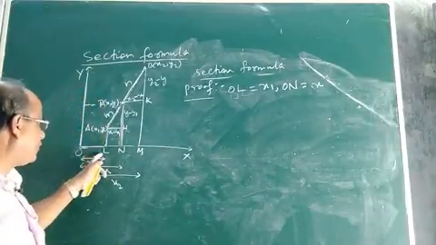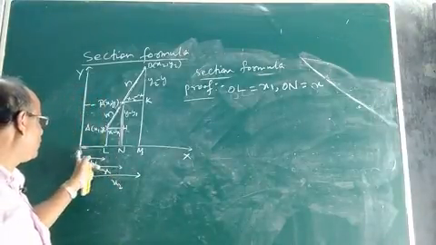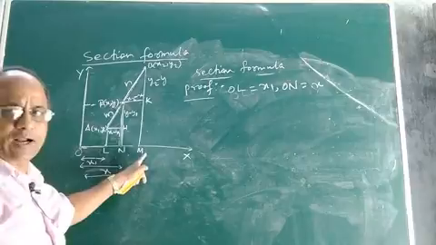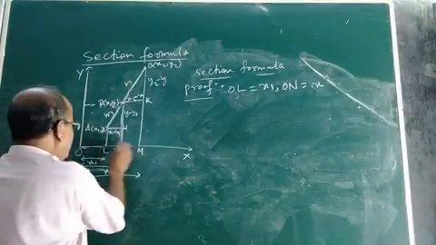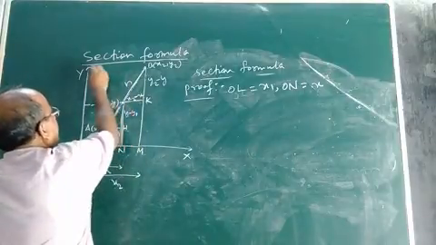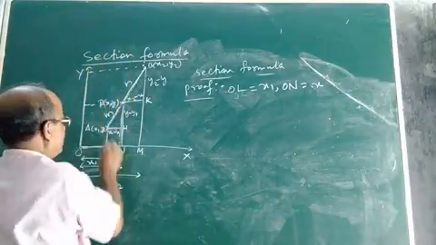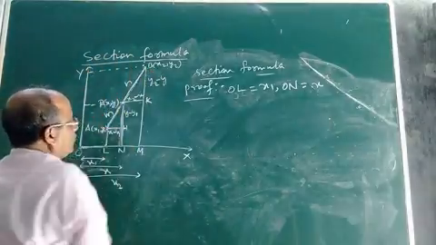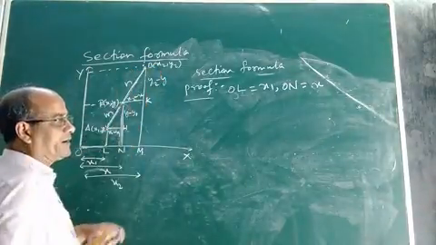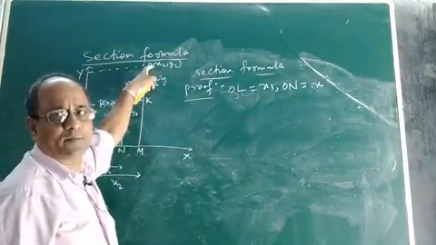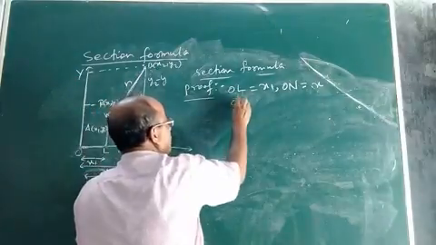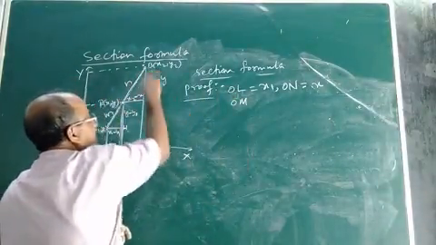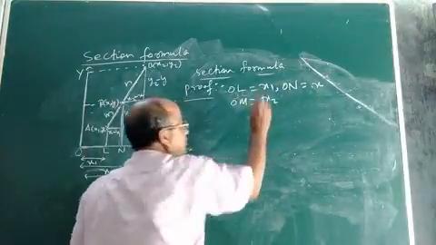Okay. So we found OL, then we found ON. Now let us find OM. Look at OM. So how to get the length of OM? OM will be equal to this distance. So the length of OM will be equal to which one? The x coordinate of point B will be equal to OM. What is the x coordinate of point B? It is x2. So the length of OM will be x2.